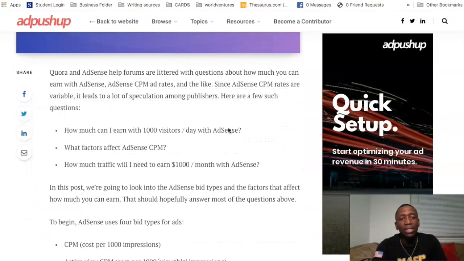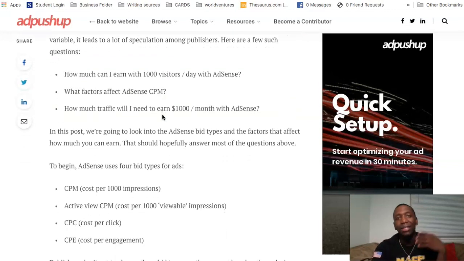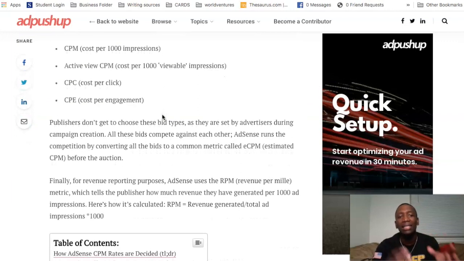So basically, as you can see here, this is based on how much can I earn with 1,000 visitors and also per day with AdSense. As we go down and get into the factors, and what actually has to happen in order for you to earn income, before we get into that, when you watch a video on YouTube, you notice that there's an ad that comes up, and it gives you the option to either skip, or you can continuously watch the ad and even click through the ad if it's interesting enough, right?